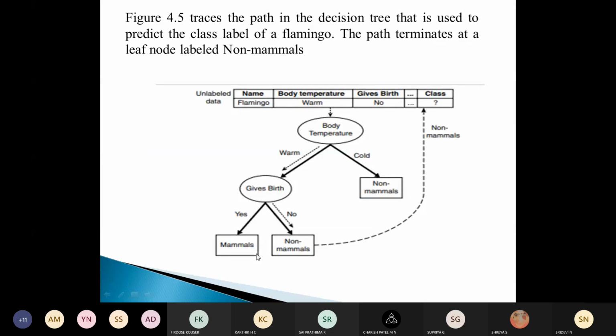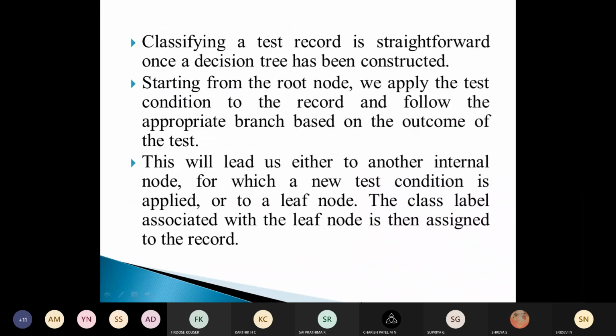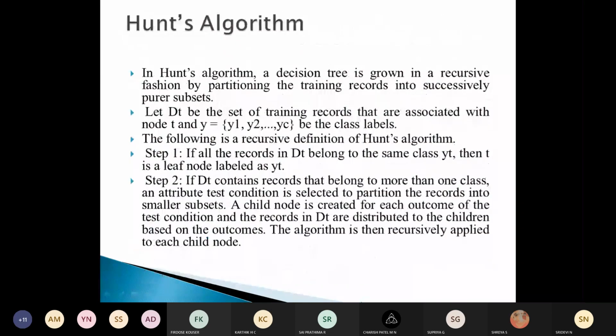It is stopping here in this example for mammal, but it may happen that it continues like that depending on the attributes we are selecting. Finally we will be able to distribute the records to the children based on the outcomes. So it's a recursive algorithm, and with an example we'll see it in the next class.